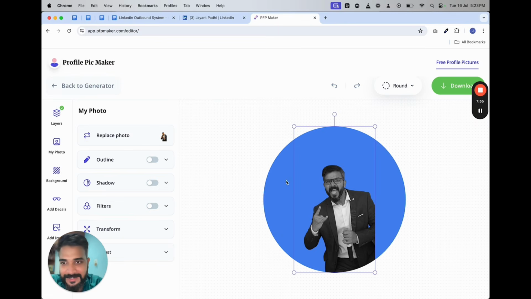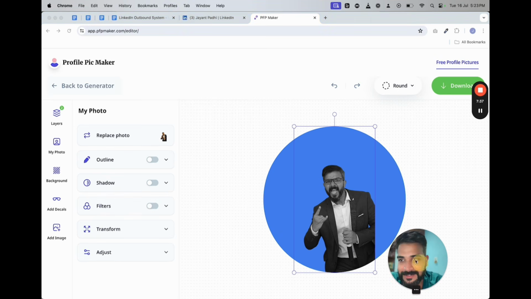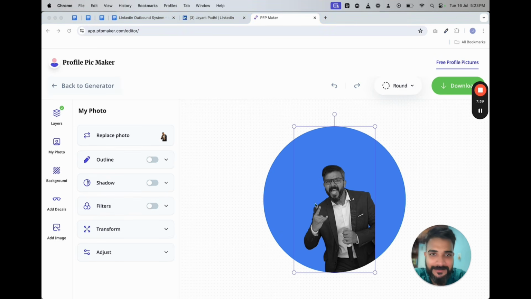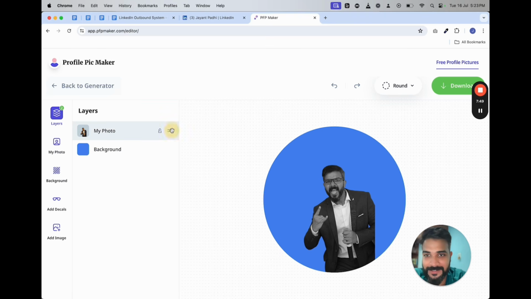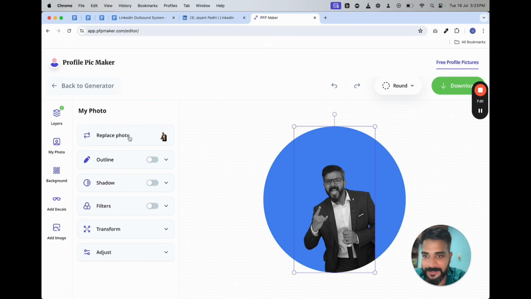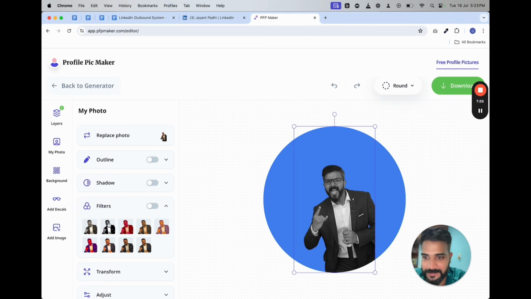And I can edit this as well. It has made my picture black and white. I'm not sure how to fix this. I think you can edit it somewhere here: shadows, filters.